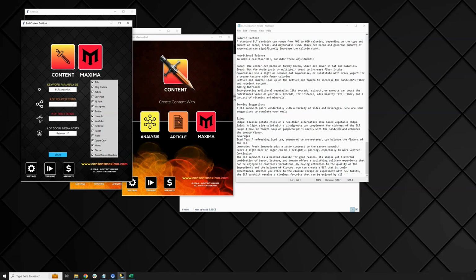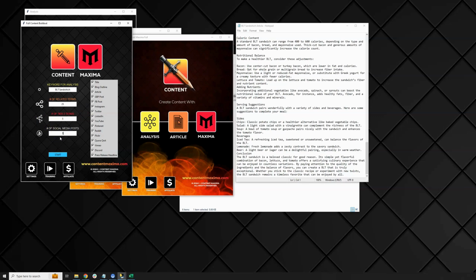So I'm going to do 25 terms. Each of those 25 terms, I also want to just see 5 other terms. I always suggest a 25-5 for any small business or even a national business. National, you oftentimes need to go bigger, or international, you go even bigger with your footprint, right? So it just depends on your industry, your niche, how competitive it is, but 25 and 5 is a good start. And then